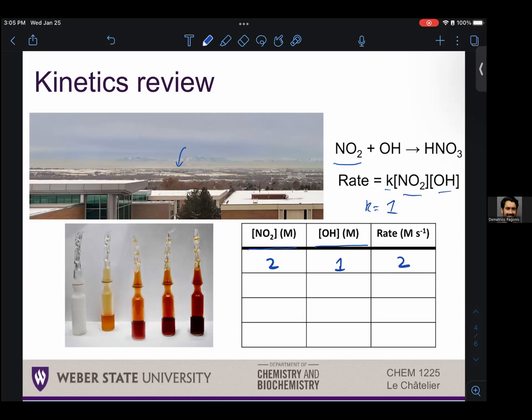It's 2 moles per liter per second for nitric acid production. Right. We can get that same rate of 2 moles per liter per second if we have 1 mole per liter of NO2 and 2 moles per liter of hydroxyl radical. Similarly, if we have other combinations, 5 and 0.2, all of these combinations,